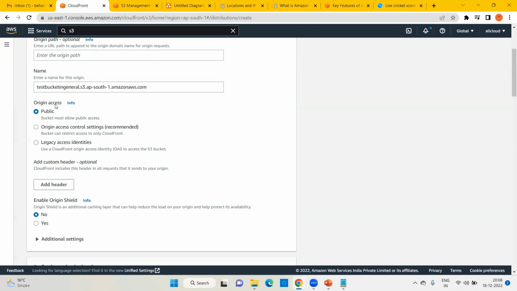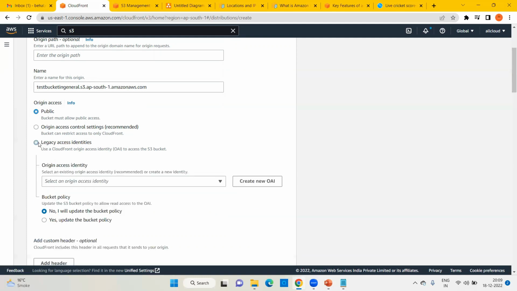Origin access. When I say origin access, if you say public, your website or your S3 will also be public in that case. It is saying your public bucket must allow public access. But I'm saying my bucket would remain private. I want to access the data. In that case, you need to choose legacy access identities. When I say legacy access identities, once you click on create new OAI, which we call origin access identity,